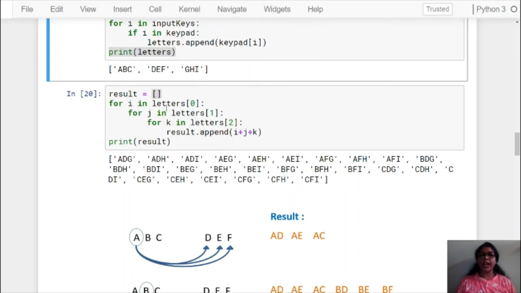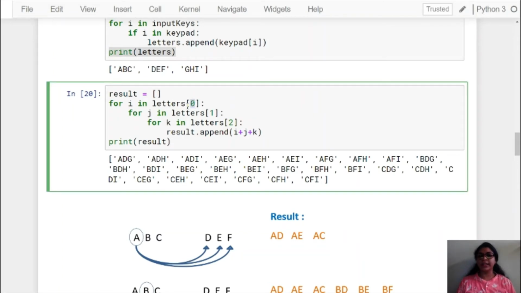So for that, the first loop will iterate over ABC, the second loop will iterate over DEF, and the third loop will iterate over GHI. The ABC index position is 0, so that's why here we are using letters 0. Then for DEF we have index position 1, and for GHI we have index position 2. So we have a nested for loop here.